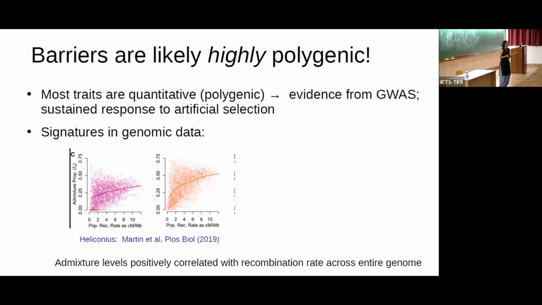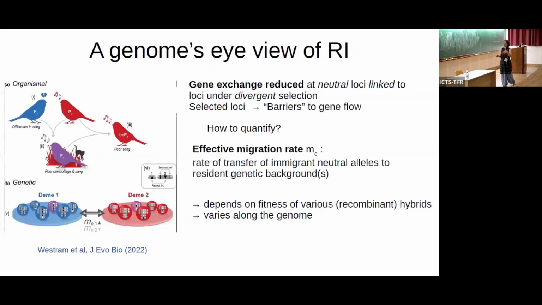This signature is often used not just in looking at divergence between species, but also diversity within species, where the effects of linked selection, the effects of hitchhiking or any kind of linked selection, become weaker in local windows with locally high recombination rates. So this is all to say that there's a way of thinking about this process of divergence quantitatively, in terms of how much gene exchange there is along the genome, that this is going to vary along the genome and depend on the fitness of various intermediate hybrids.